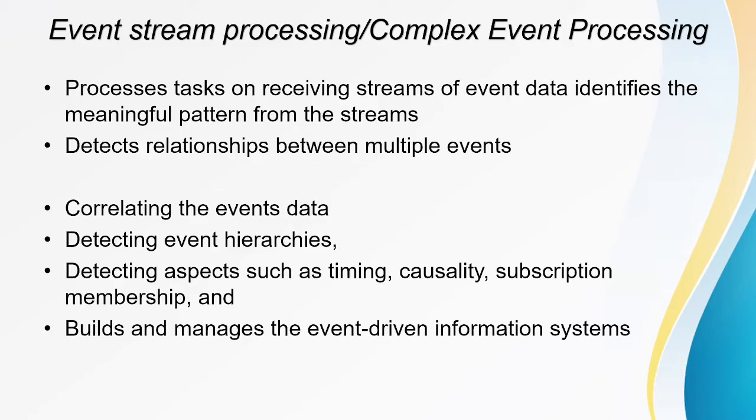So that will be very helpful, that is finding the pattern. It is going to detect the relationship between the multiple events, and find out how they are related. While coming to event stream processing or complex event processing, you have the correlating of the event data, detecting the event hierarchies, detecting aspects such as timing, causality, subscription, membership, and building event-driven information